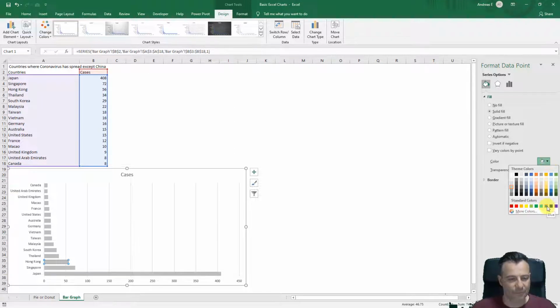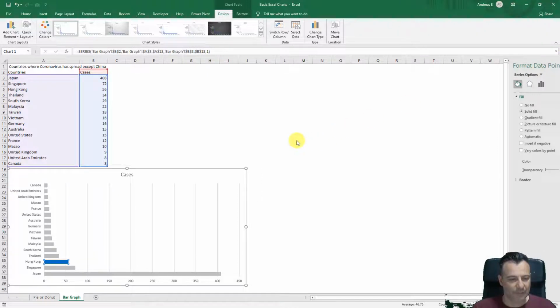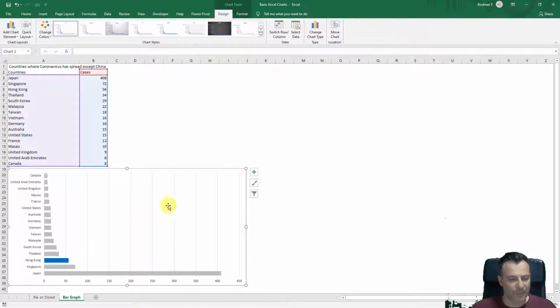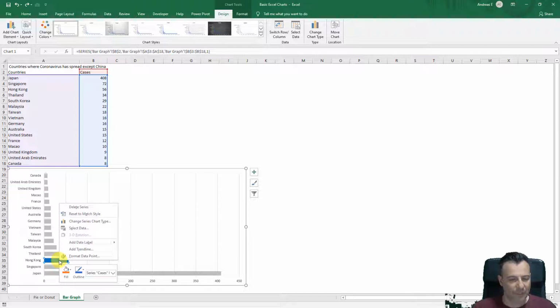Then I will select my blue action color as my fill, close the dialog box and delete the title of the chart. I want people to remember a single number here, so right-click on the bar and select Add Data Labels from that menu. You will see Excel add your number outside the end of the bar.